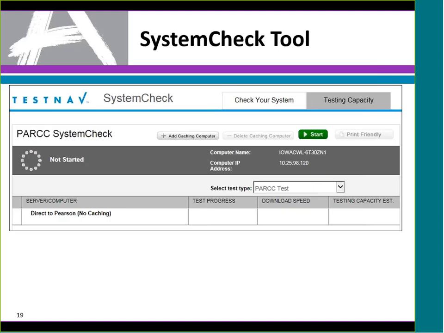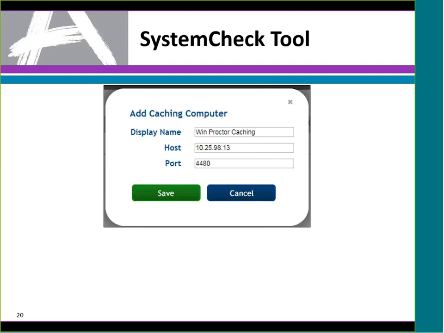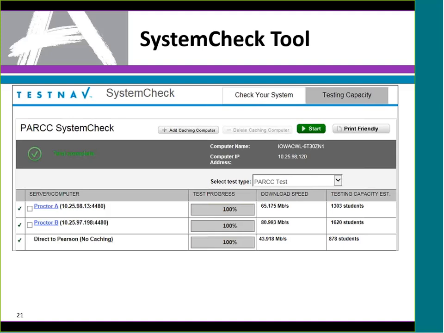And then the other tab, which we'll be going into, is the testing capacity tab. Here you can see really quick what your direct connection to Pearson is, and then you can add Proctor Cache machines as well. Maybe I have a couple of Proctor Cache machines I want to test in this lab, to see which one I can connect to better, and I can also compare it to direct Pearson.